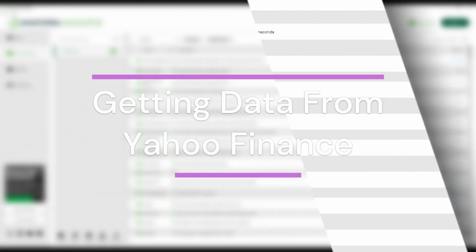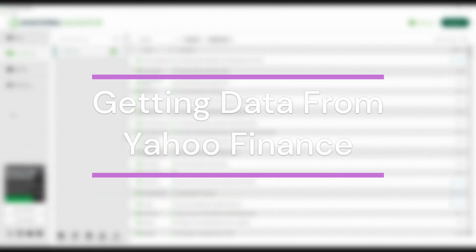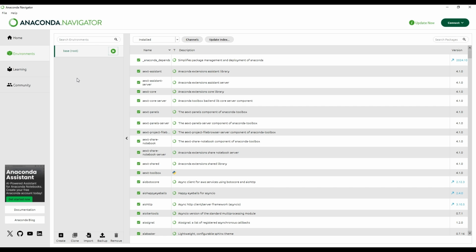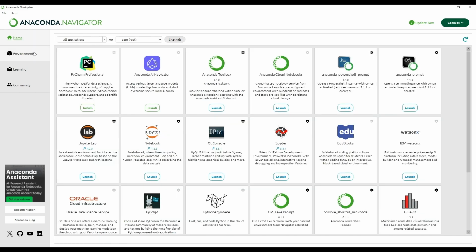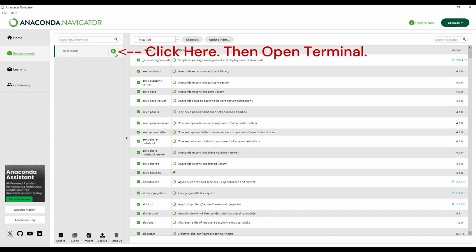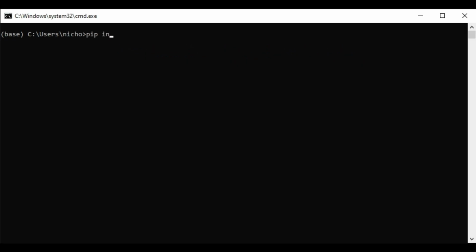Okay, so now the lazy way of doing this is to just import yfinance. I mean, it's fine if you want to use yfinance, but the problem is you won't get the same amount of data. You're going to get way more data importing the prices from TradingView. So then you go to Environments, Base Root, Open Terminal. All you need to do is pip install